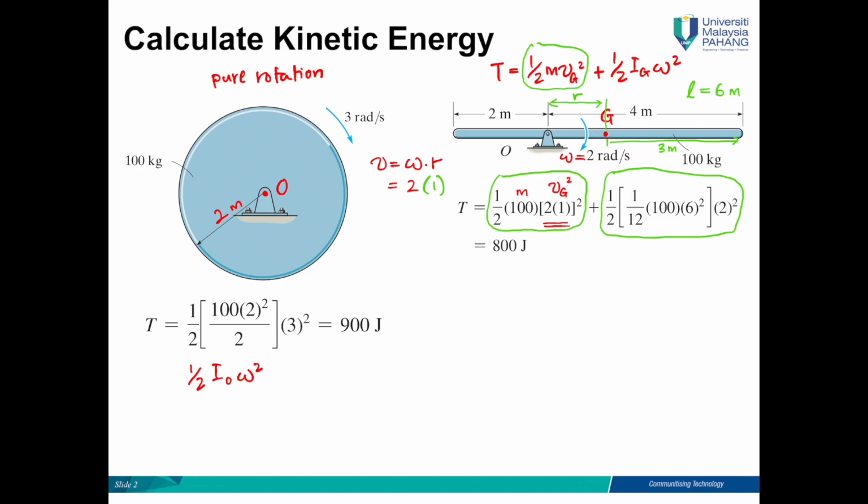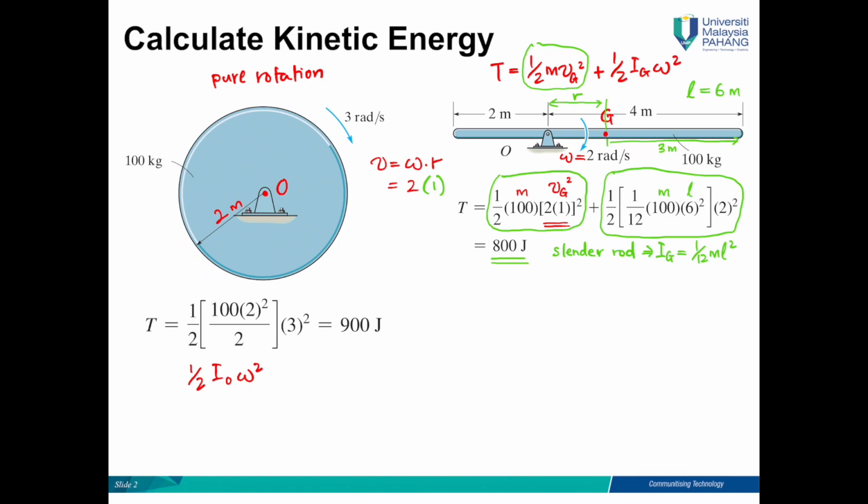The rotational term is 1/2 Ig omega squared, and you know that this is a slender rod. For a slender rod, from the table you know that Ig is equal to 1/12 m L squared. So hence you have this 1/12, this is the mass, and this is the total length of the rod. Altogether, when you calculate and add these two terms, you will get T equals 800 joule if you